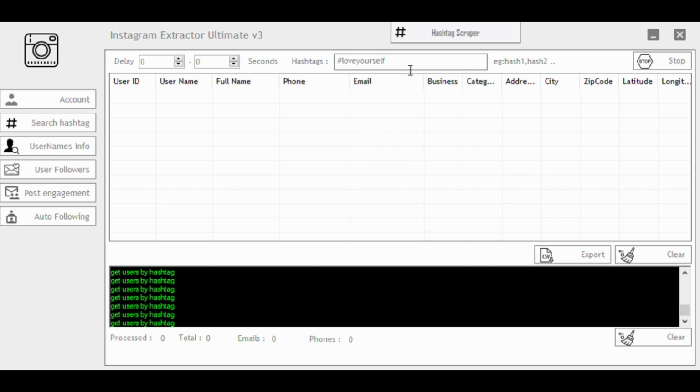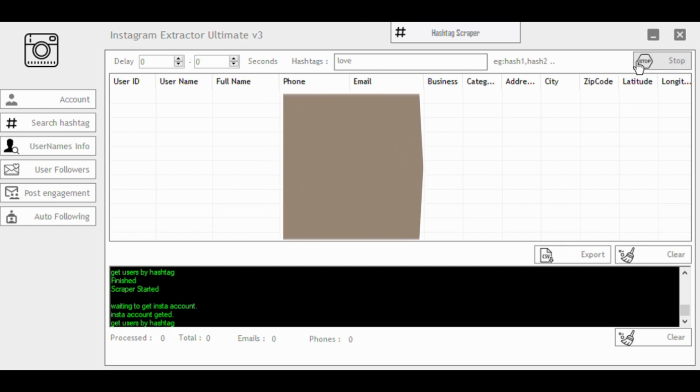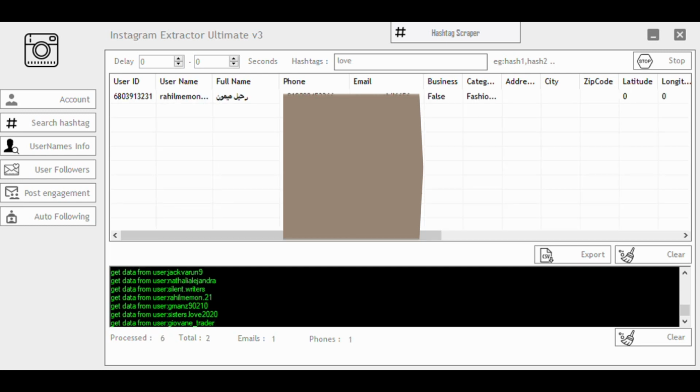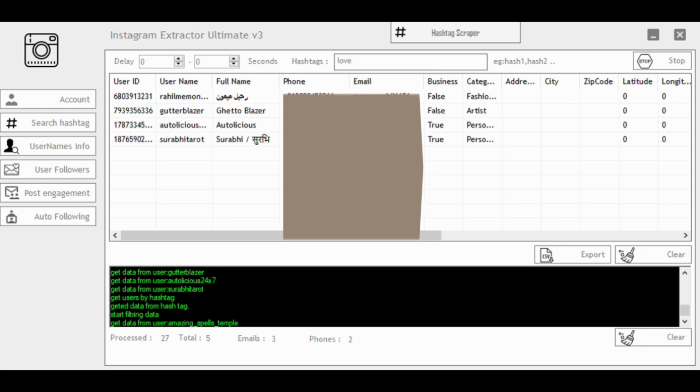So here I removed the hash and changed the complete word. I was just searching for love, so now our keyword is hashtag love. After searching that, we need to click on start, and you can see the process starts at the bottom and you'll get the results on the top. This is how the hashtag search function works on this software.